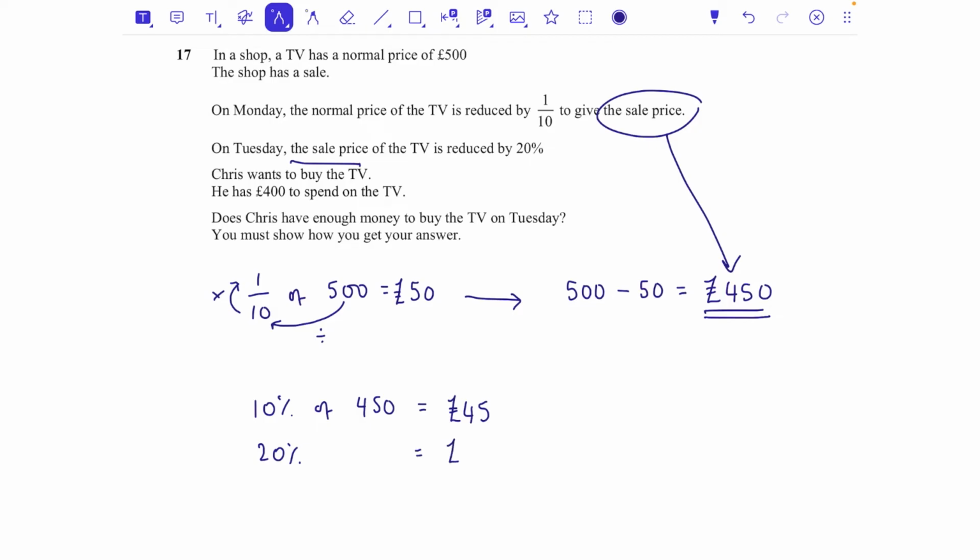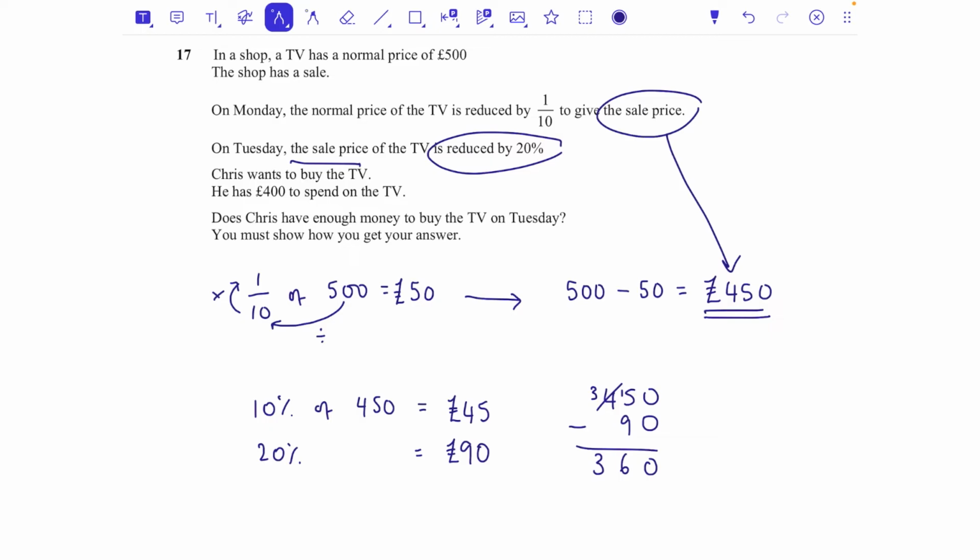So 20% would be 45 and another 45, so £90. And so we're going to reduce it by that as well. 450, take off the £90, more on the floor, borrow from next door. So 0 take 0 was okay, 5 take 9 I can't do, I'm going to borrow 1 from here, 15 take 9 is 6, and 3 take 0 is just 3, so